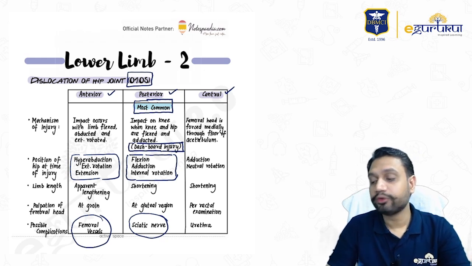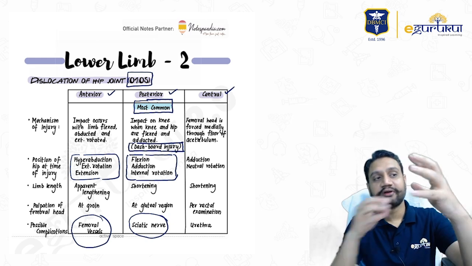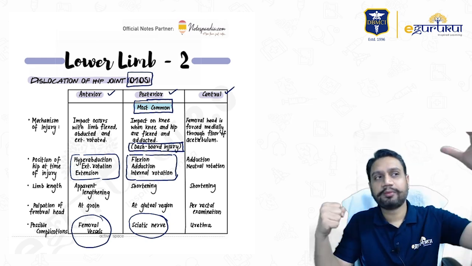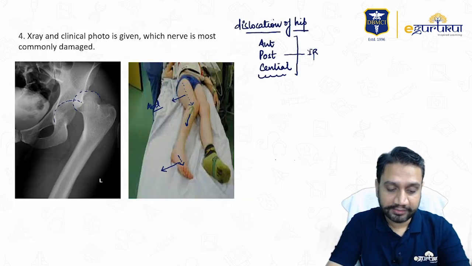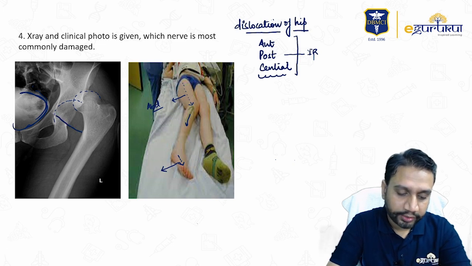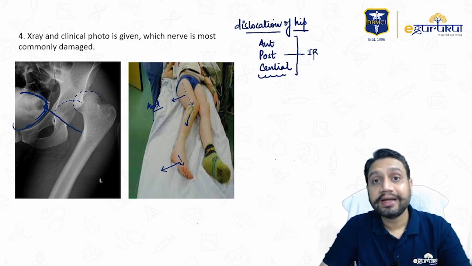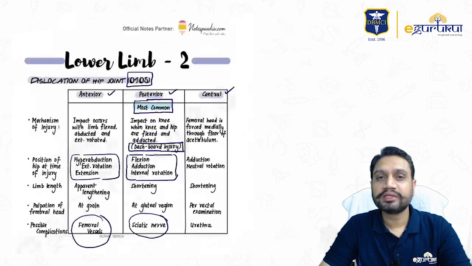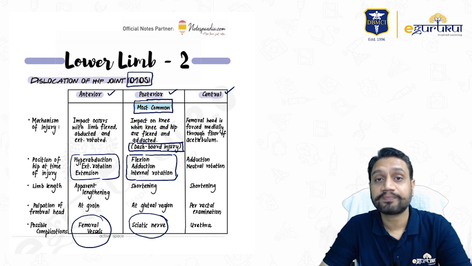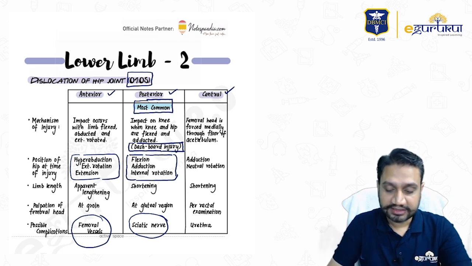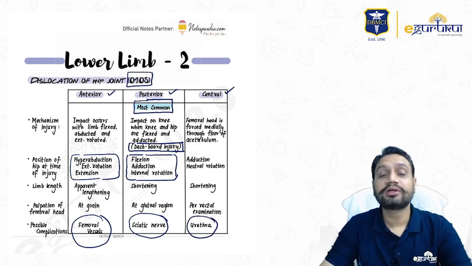If somehow they give you an X-ray sometime where there is a perforation of the acetabulum roof, the head of the femur perforates it and gets into the pelvic cavity. The structure which can very well be damaged here is the bladder, correct? So when it is going internally, it can damage the bladder, it can damage the urethra, and usually the most commonly injured structure is the membranous part of the urethra as a part of pelvic fractures, the pelvic injuries. Okay, so as a part of central fracture dislocation, it can be the urethra or the bladder.